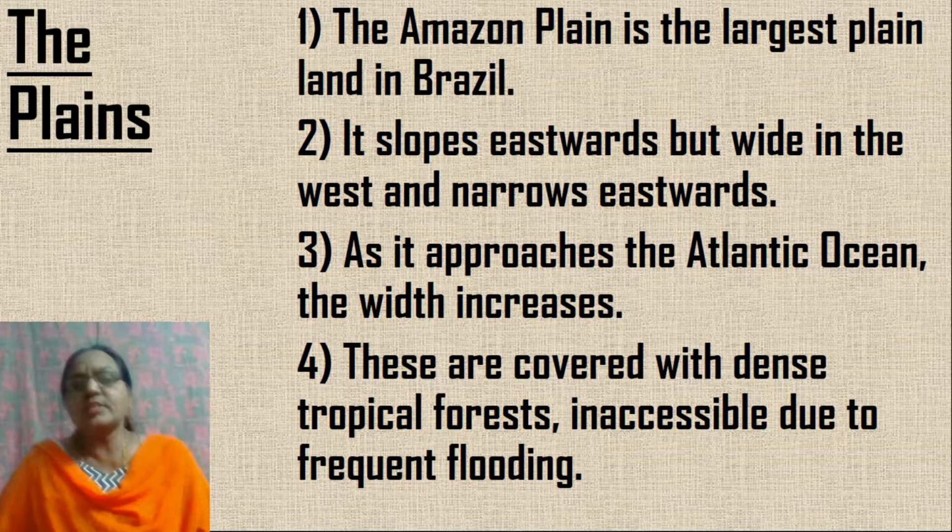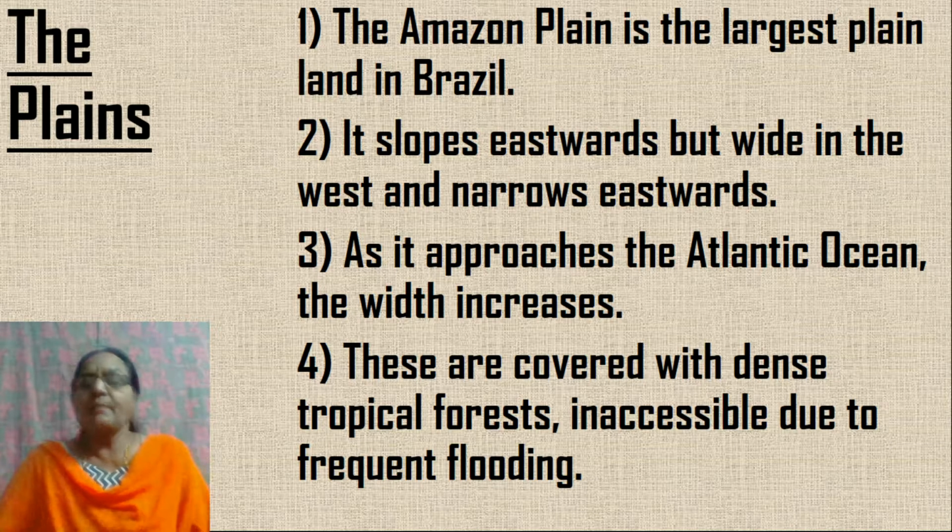Under the plains, we are going to study the Amazon, the plain formed by the Amazon River, as well as the Paraguay River Basin. So in Brazil, the biggest and largest plain is formed by the Amazon River, and it rises in the Andes. The Amazon River rises in the Andes, and as it moves towards the east, it becomes narrower, though along the west we find it is wide. Towards the east it becomes narrow, and as it opens into the Atlantic Ocean, the width again becomes